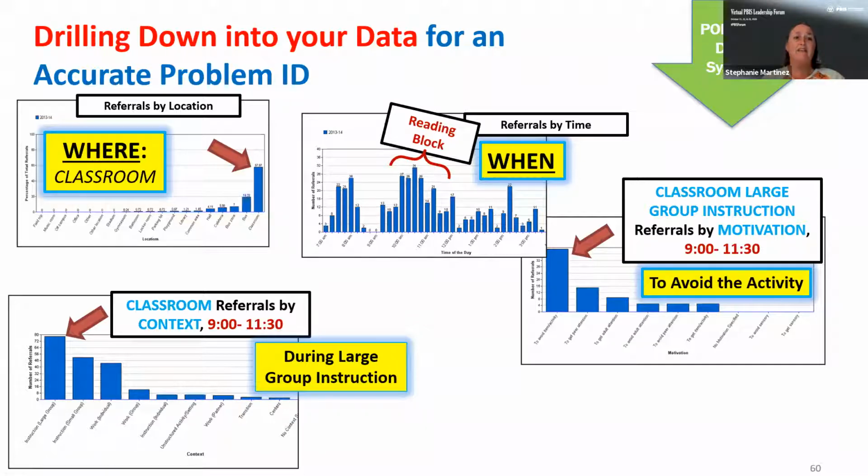Once we have the data that we're looking at, we really want to drill down to find a problem statement of what is the specific area or behavior or time of day of concern on our campus. So here's our next poll, number 8. We just want to know, do you currently have access to a data system that allows your school to drill down into your discipline data? Do you have a district data system that allows you to pull your data and drill it down in this way to really define the problem?